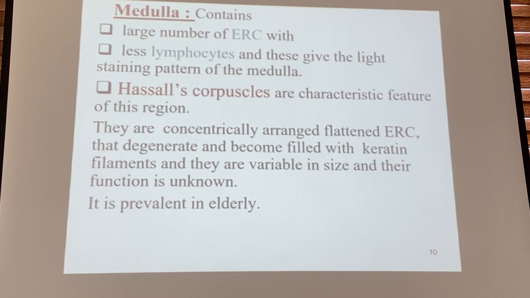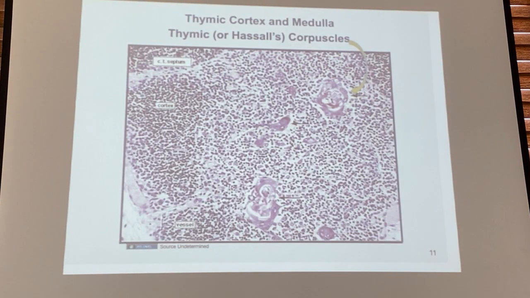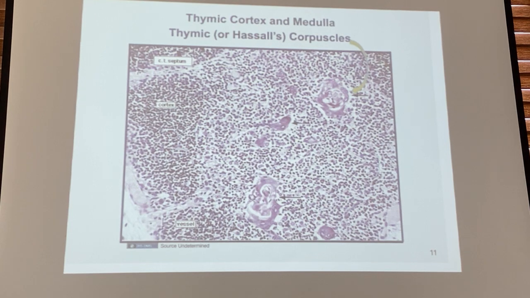A very important characteristic feature found in the medulla of each thymic lobule is called Hassall's corpuscles, which are found in larger number in the elderly, and they are formed from concentrically arranged flattened ERCs, epithelial reticular cells, which degenerate. During degeneration, there will be deposition of keratin filaments within the cytoplasm of these cells, giving rise to this appearance. As you see here, a few